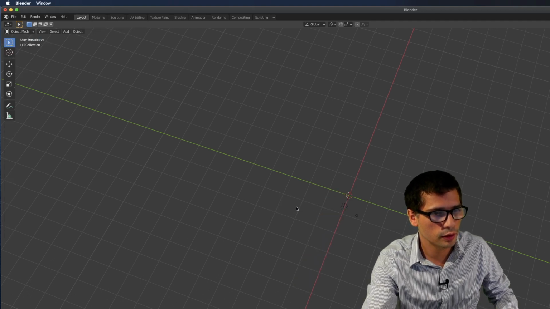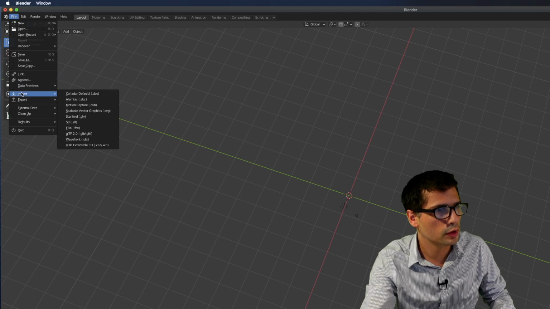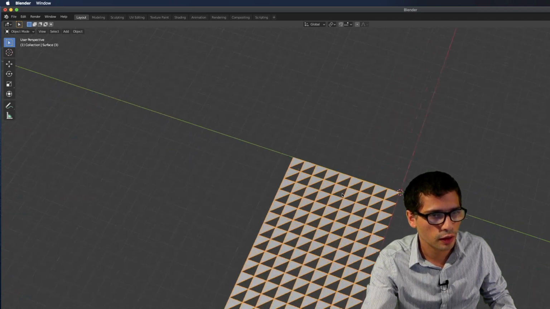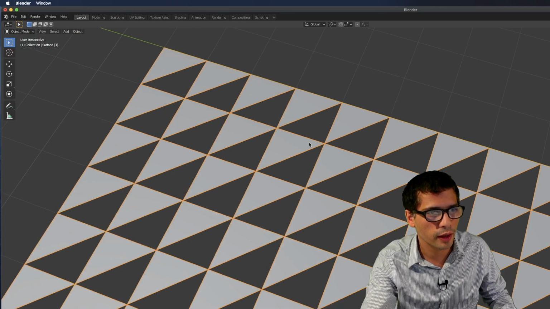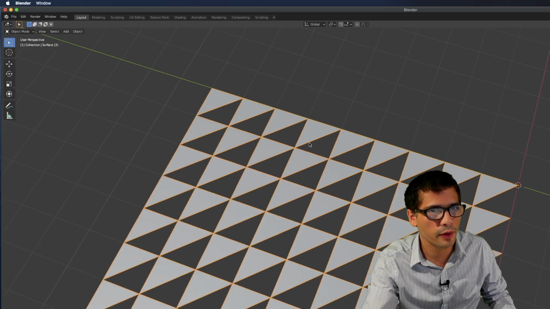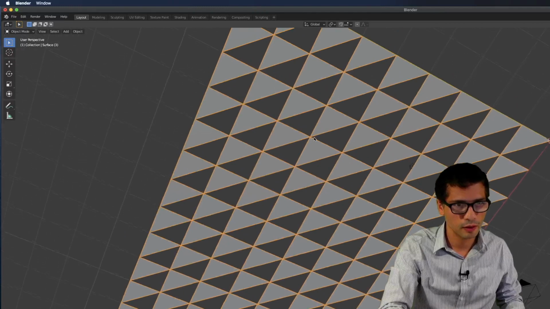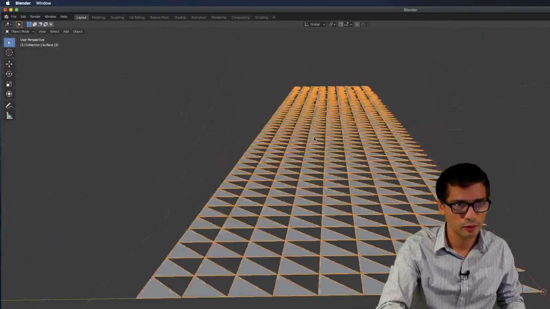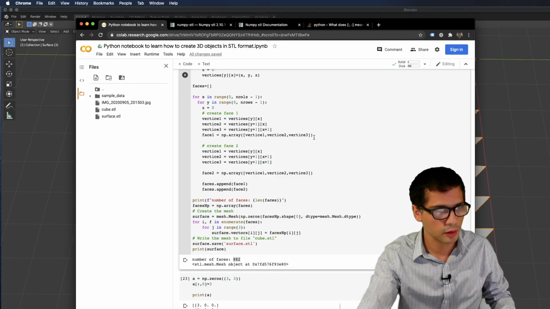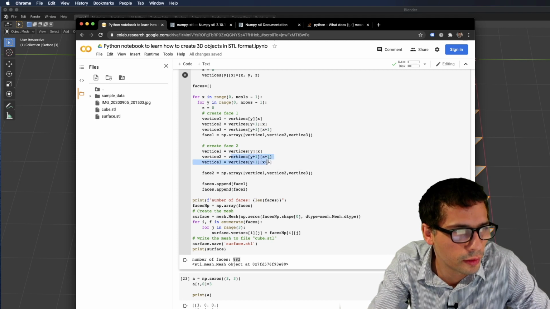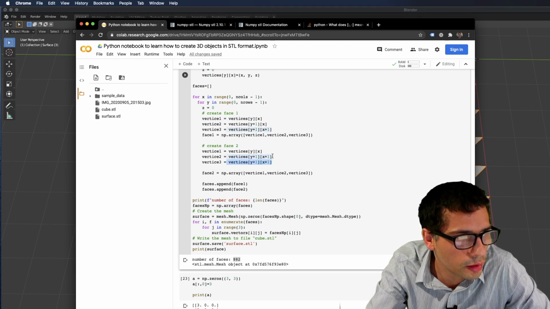Let's delete this one, then import one more. Okay. Oh, no, it's correct. This looks like an empty space, but it's not. It's a complete mesh. You see? Am I wrong or not? No, it's not a complete mesh. So, unless I've made a mistake. Oh, I have the same point twice. That shouldn't be the case, right?